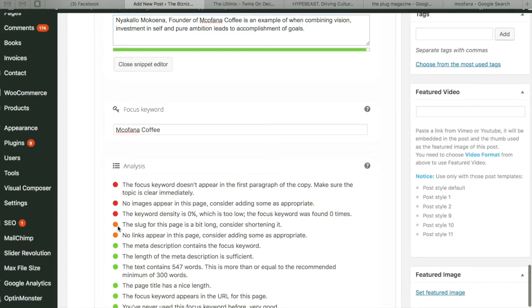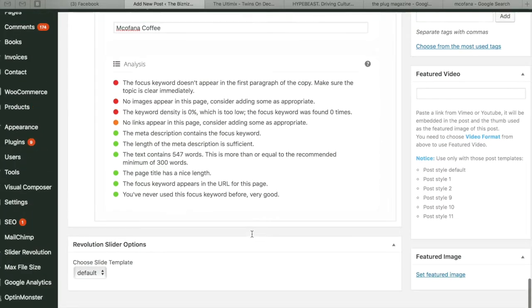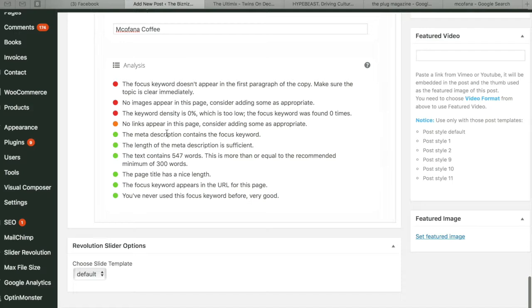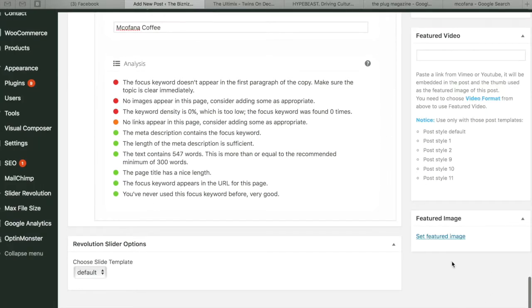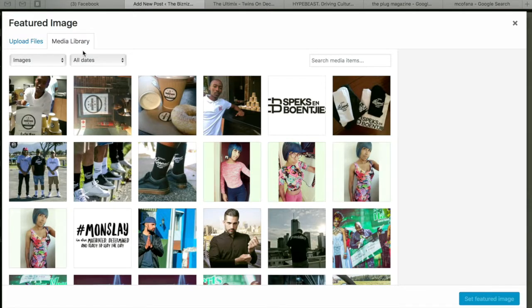Right now, the slug of the page is a bit too long, and we're going to take out one or two of the keywords to make sure that the length of the slug is right and that it changes from the orange color to the green color in the analysis function of the Yoast SEO. So what we're going to do now is upload the main featured image,